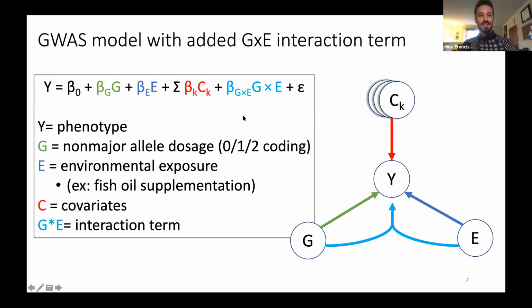This is a statistical regression concept. I'm not really going to explain it mathematically, but the way to understand it is just how these two terms are interacting. There are things that the genotype is doing, there are things that the presence or absence of the exposure is doing, and then there's also a third thing, which is how they work together. The whole is greater than the sum of its parts, sort of thing, right?